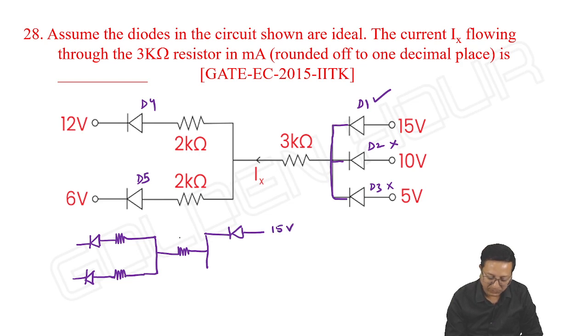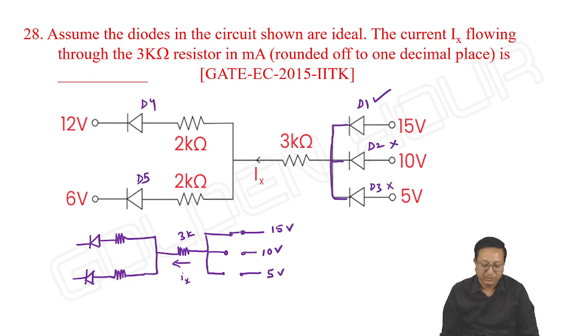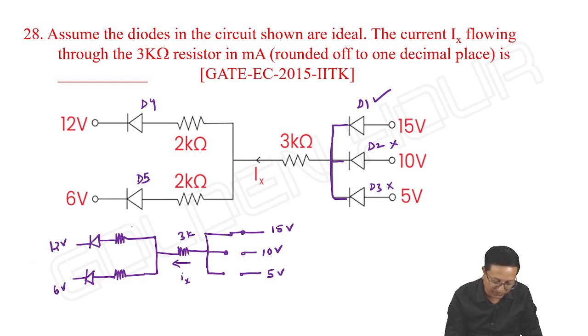Fifteen volts, 3K, this current is Ix. Anyway, the remaining two are open, even I need not show that. 10 volts, 5 volt. So this acts as short circuit. I will do one thing. Short circuit. Here it is 12 volts, 6 volts,